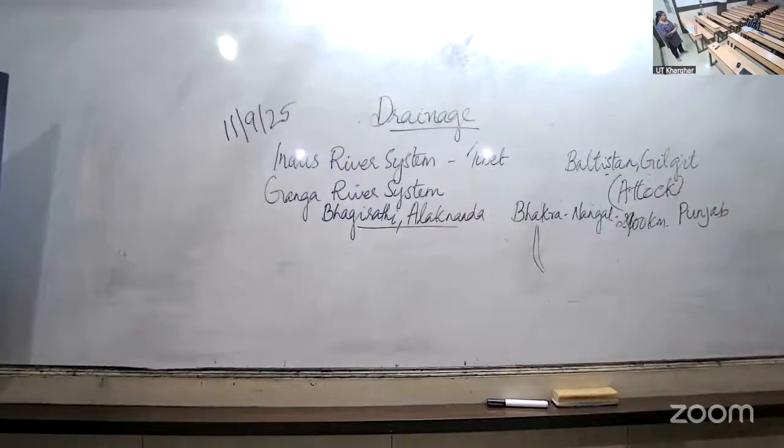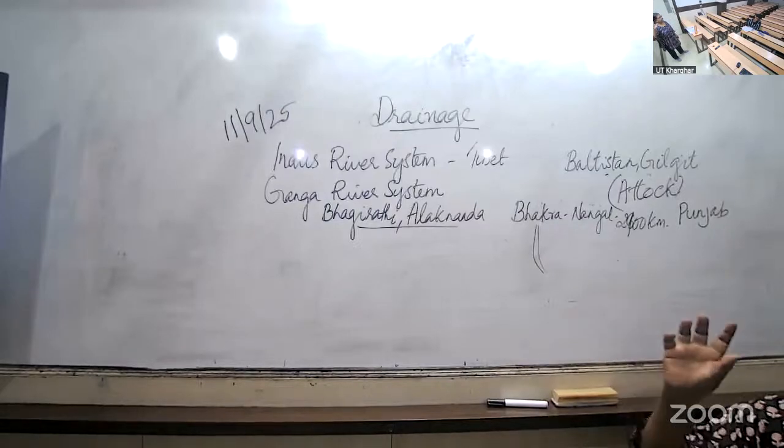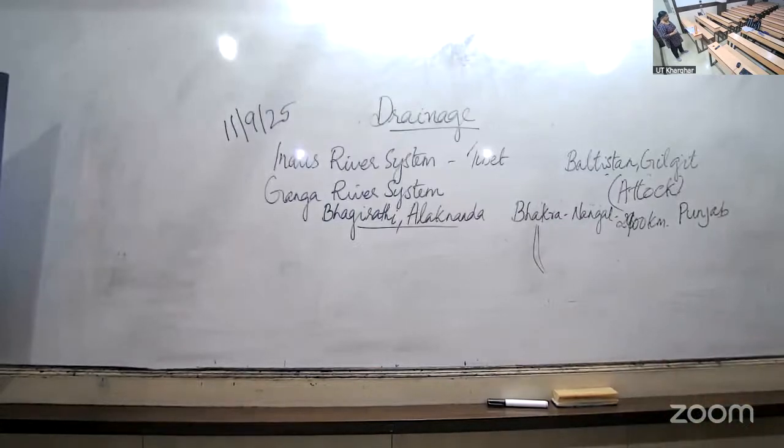Three important features are there. One, the region got its name from a variety of tidal forest or mangrove forest. The name of that forest is Sundari. So that delta got the name Sundarban. Second, it is the fastest growing delta in the world. Third point is that it is the home of Royal Bengal tigers. All the 3 points clear?